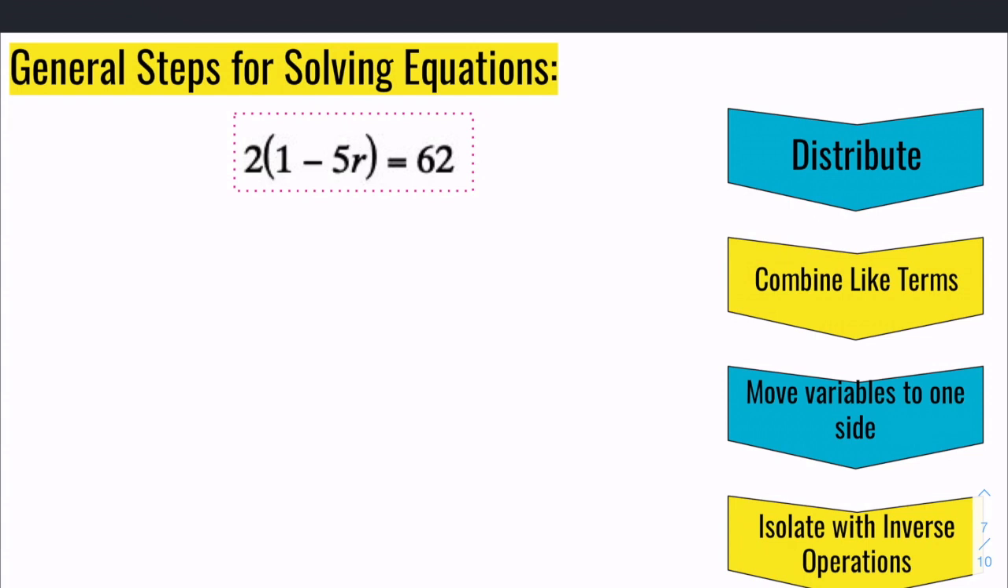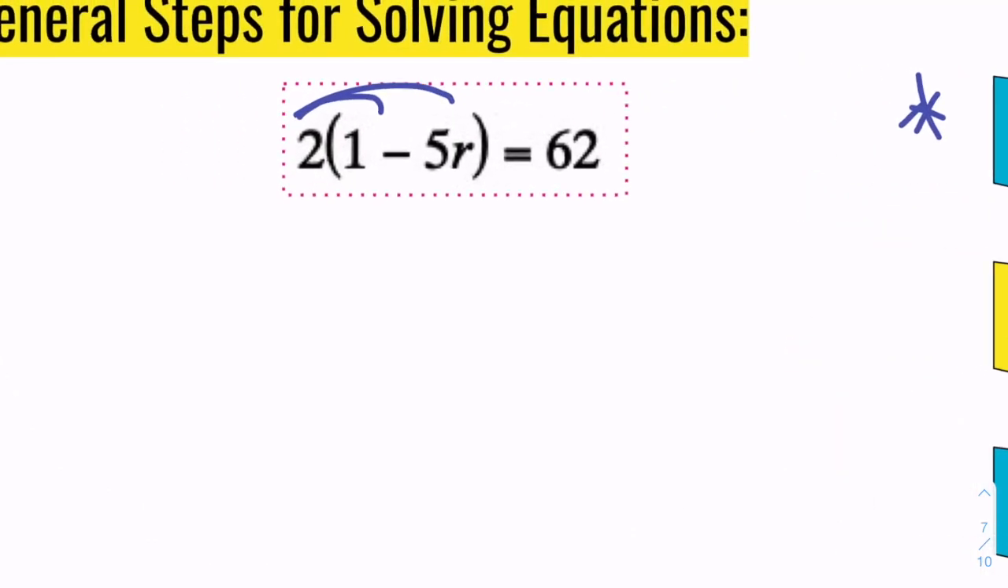So we're going to start at the top of our options. I'm going to start up here and say, hey, do I have distribution? I do. I know I have distribution because of the parentheses, so I can distribute that 2. Distribution means you take everything in the parentheses, each term, and you multiply it by 2. So in my brain, I say, okay, what's 2 times 1? 2. The minus is just going to come on down. 2 times 5r gives me 10r. Okay, so 2 minus 10r equals